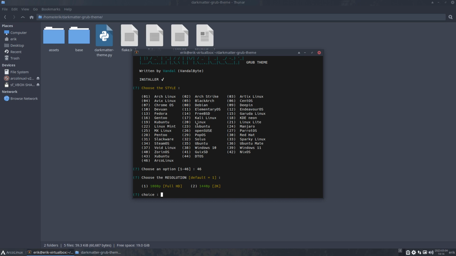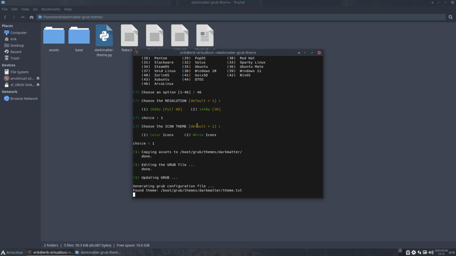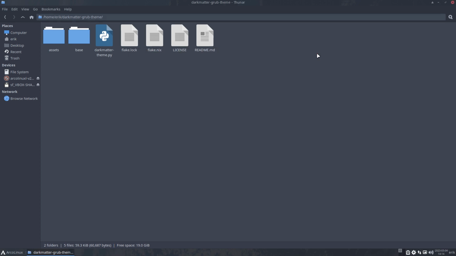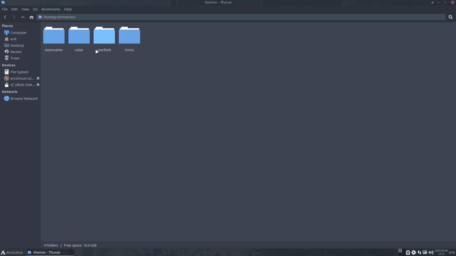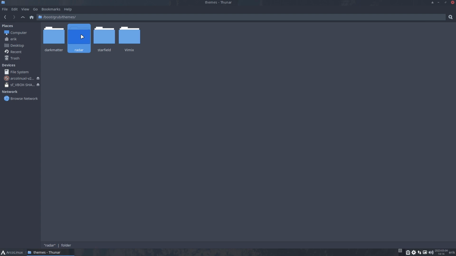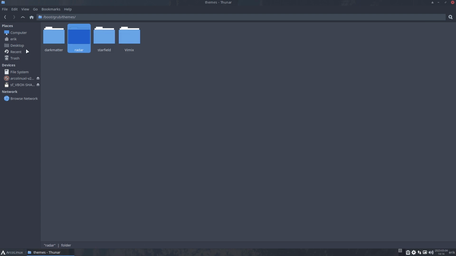What I'd like to keep forever and ever as a default is 1080 and colorful, right? Colorful icons. So whatever is inside my theme now, here, the virtual machine, is what I like. This is what I want to have on my future systems. That's in here, radar. This is what I want. So basically, this is what I need to copy. Copy to my desktop,